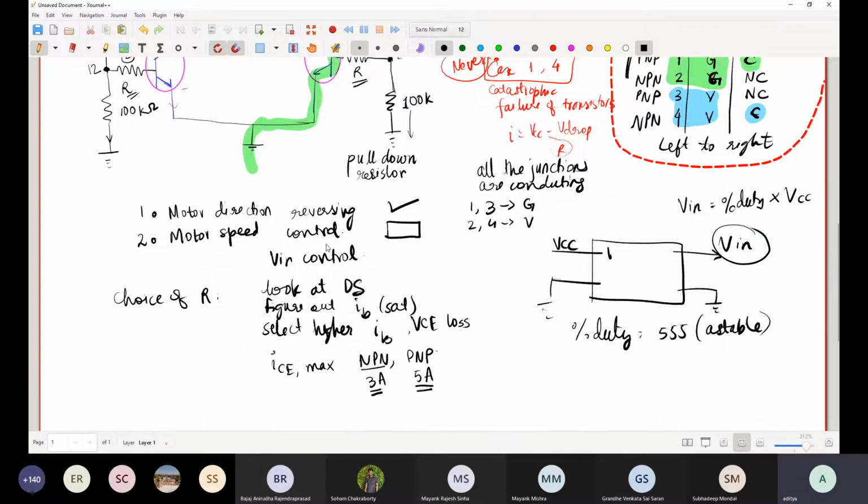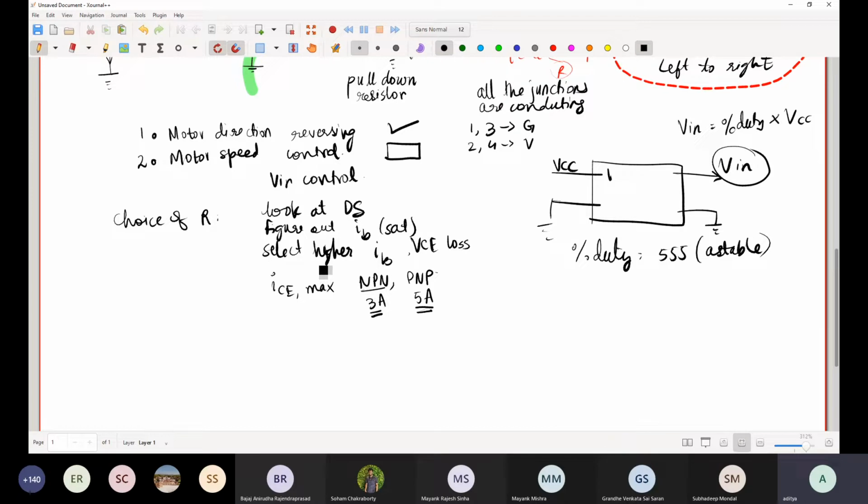Okay. So typically you have to make a choice of the transistors appropriately, and in the circuit that I'm going to demonstrate in a while, I have made use of TIP 122 and TIP 127. So TIP 127 is a PNP transistor, and TIP 122 is an NPN transistor, and these transistors are what are known as Darlington transistors. And Darlington transistors allow for higher collector emitter currents, as opposed to something like a